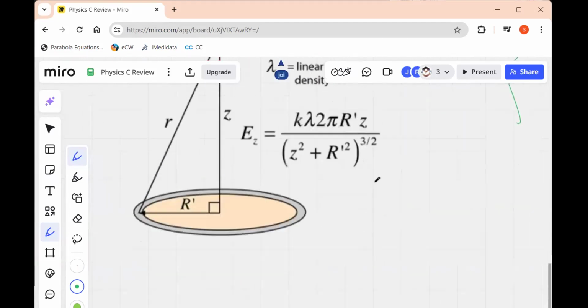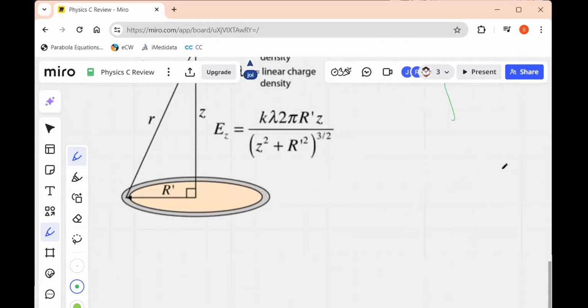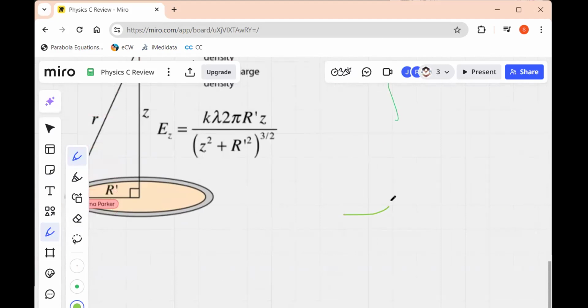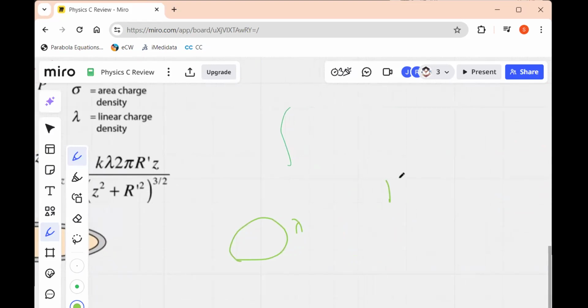So, our first differential equation: a ring with a charge lambda, and we have a distance right here. And so our first step is E equals